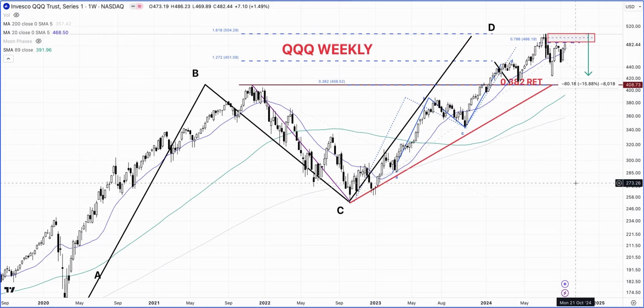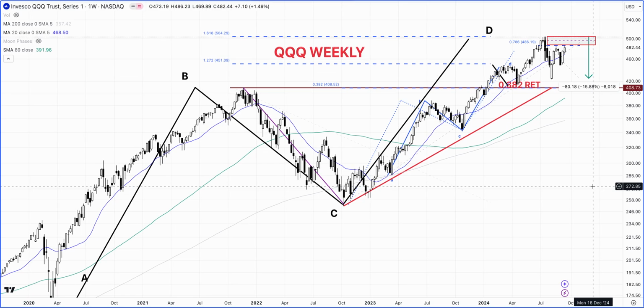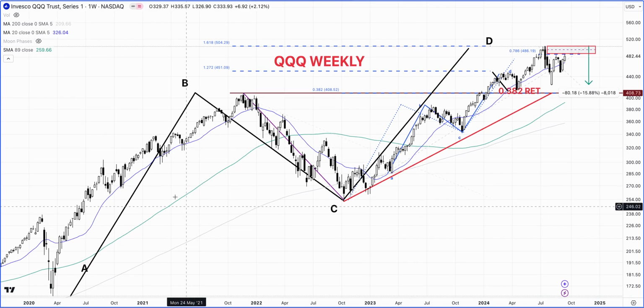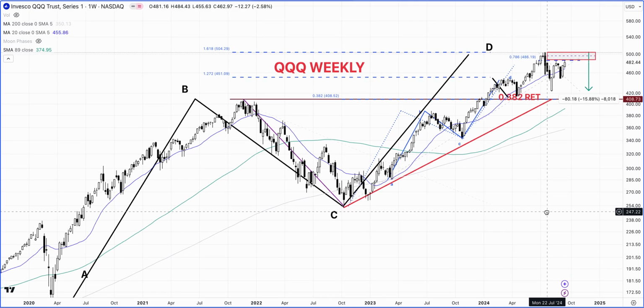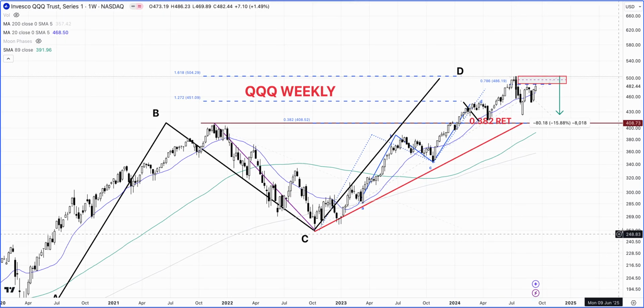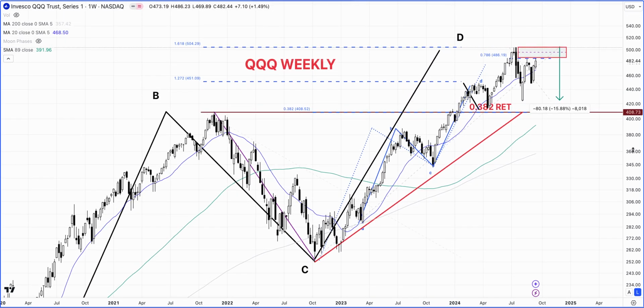We are looking at the weekly QQQ. One key point is that it has completed this big ABCD pattern here, and the Nasdaq 100 futures have also completed that. The Nasdaq cash index has also done that. Now what we have seen is basically a market